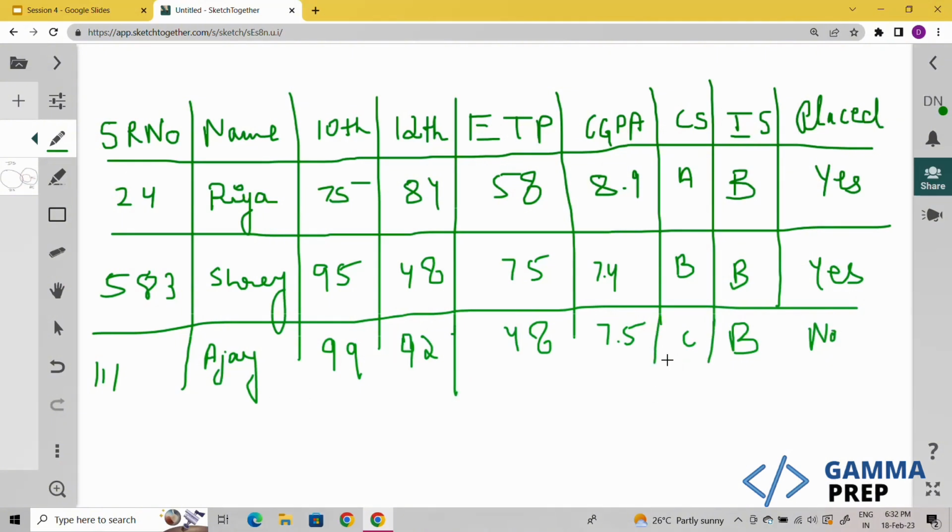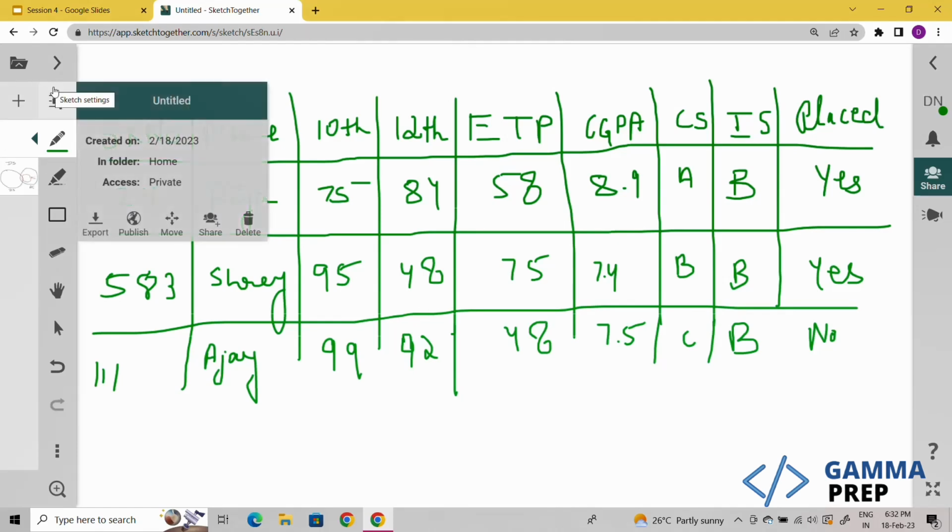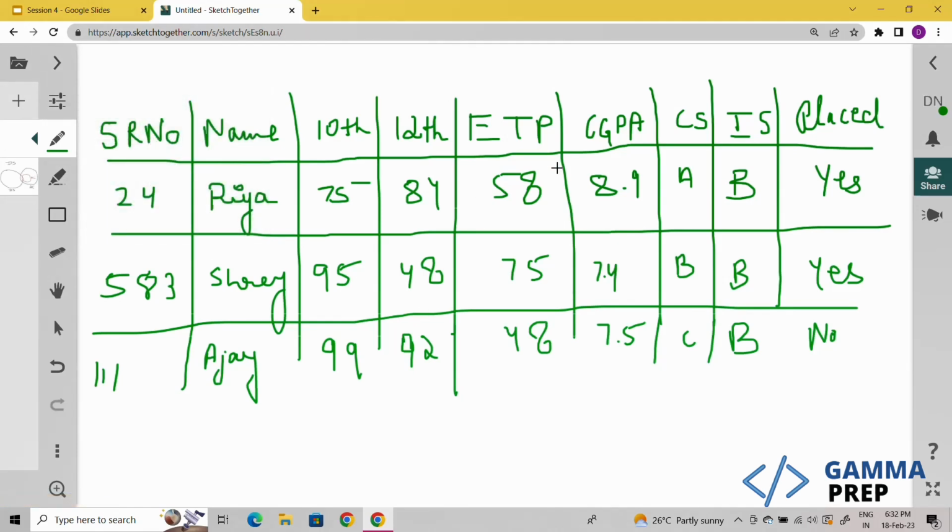Okay. Now, in this way, we have lots and lots of records. We have, let's say, 100 students. So basically, these are the seniors. These are the students who have already sat for placement, and we know their placement status. Now, basically, based on this historical data of the 100 students that we have,